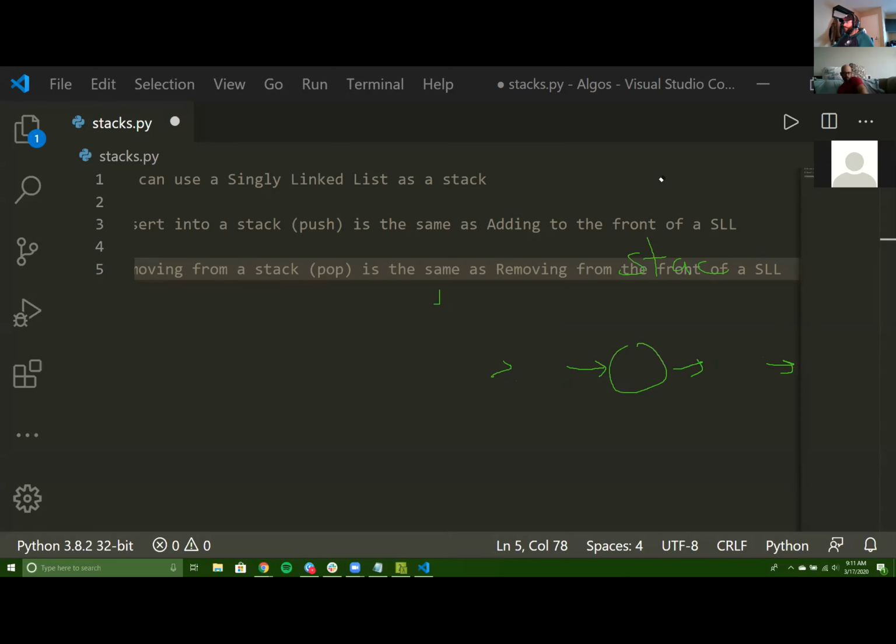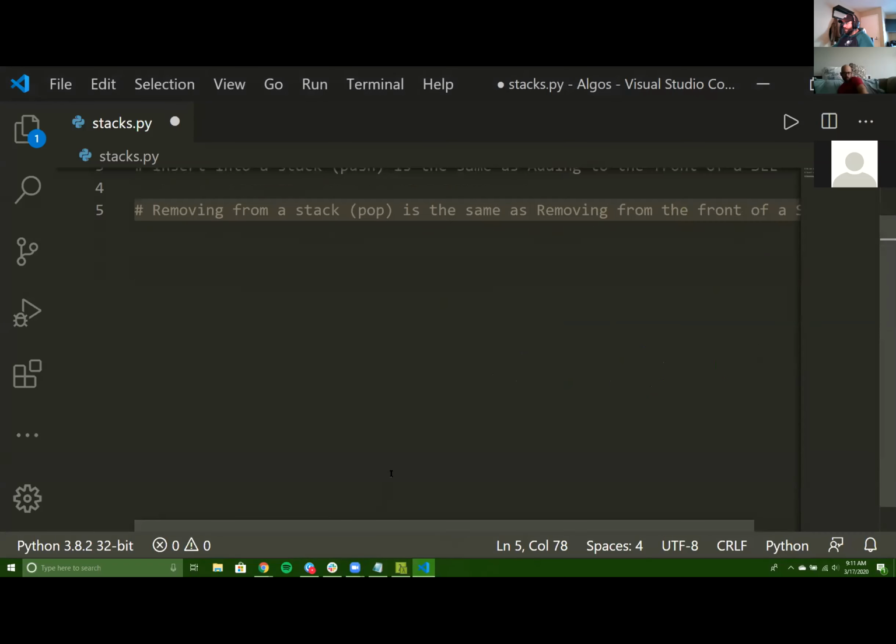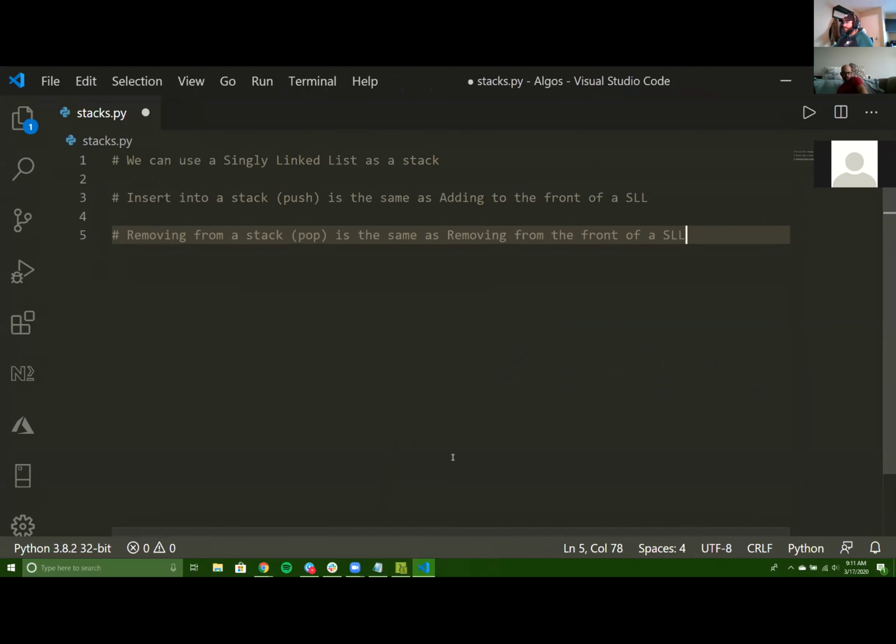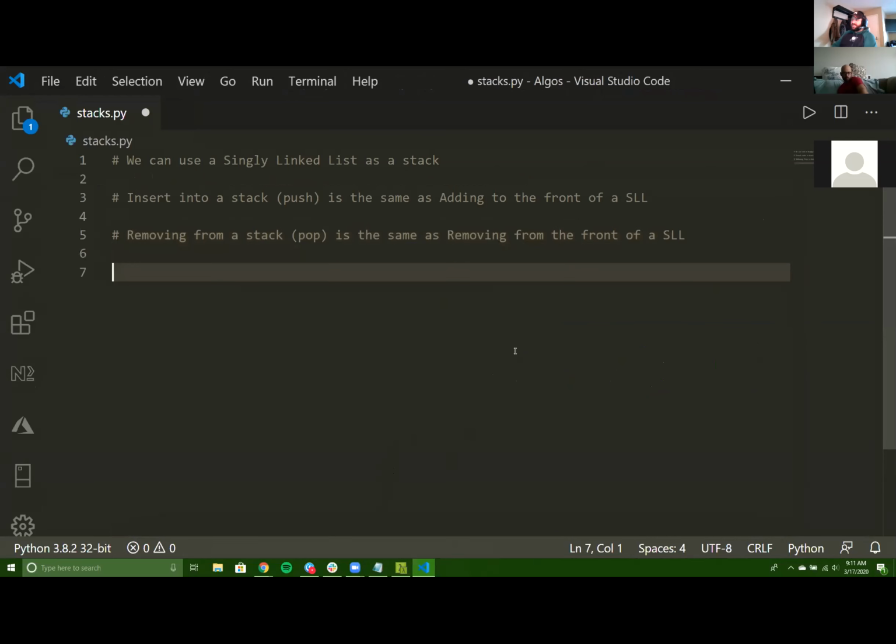Wait, I have this guy. So pop automatically does the top of the list? Well, it doesn't automatically. It is up to you guys to define these. So here's the thing, this stack isn't like a predefined data structure we're dealing with. The goal is to use what we know about singly linked lists to build a stack